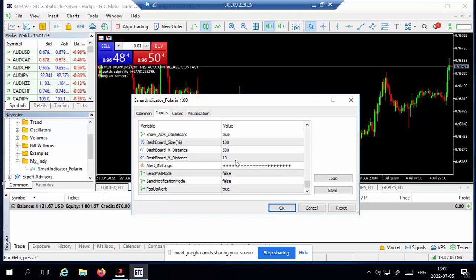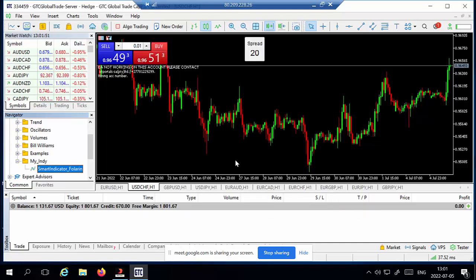Then alert. If you are a person who doesn't have time with your system, you can choose sending mail. That means you create an email address specifically for your alert. So when an opportunity comes based on the settings, you get an email on your phone. Push notification, you get it on your mobile phone if you set it to true. But because most of the time I like sitting in front of my computer doing 10 to 15 minutes analysis, I use pop-up alert as true. So if I click OK now,